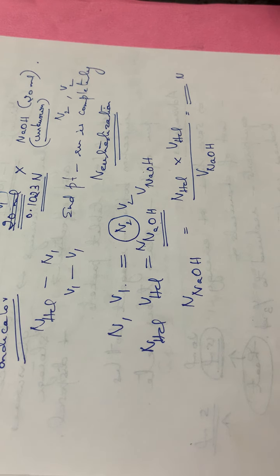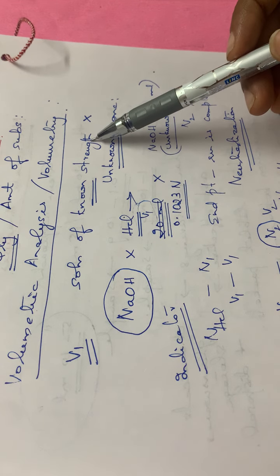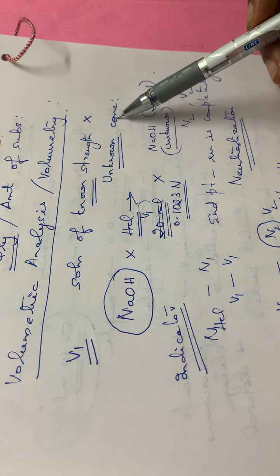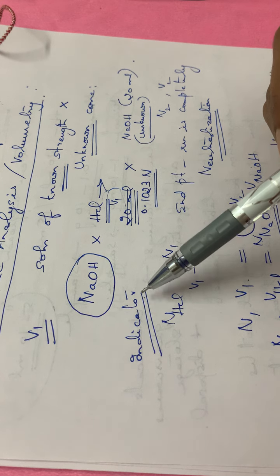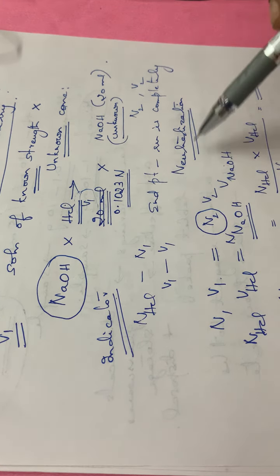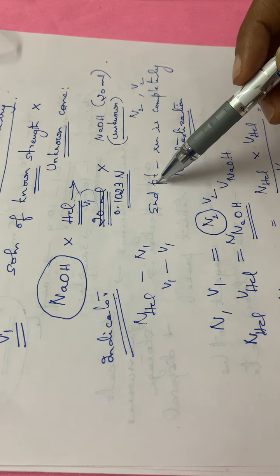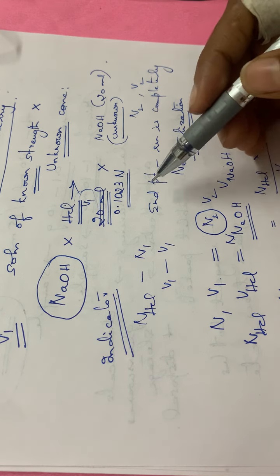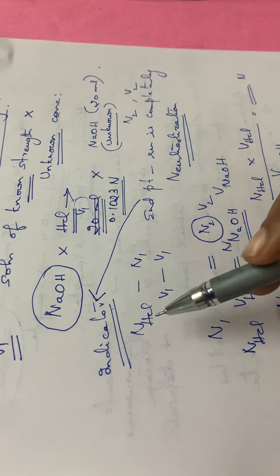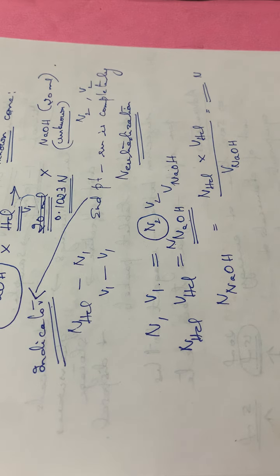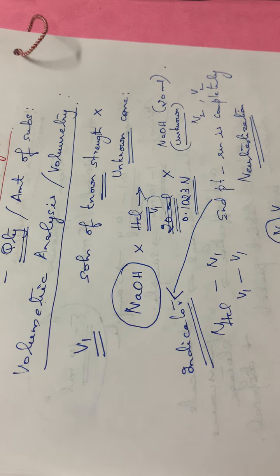So this is how we normally do titrations. For volumetric analysis, we use a solution of known strength, and it is titrated against a solution of unknown concentration. At the start of the reaction, we add an indicator. If we are using NaOH and HCl in an acid-base titration, there will be a neutralization point, and that is the end point of that reaction. For visibly noting the end point, we add the indicator. That is the purpose of the indicator. So this is a brief introduction to volumetric analysis or volumetry.